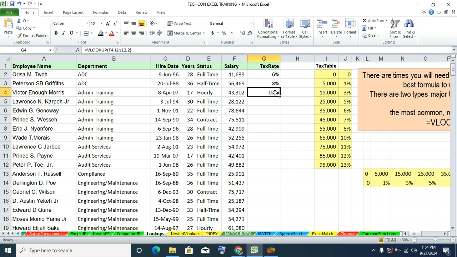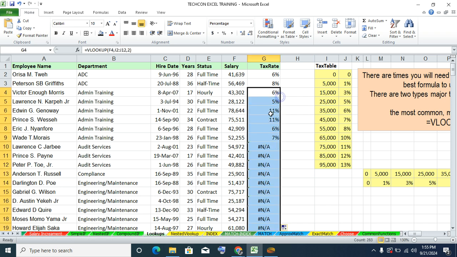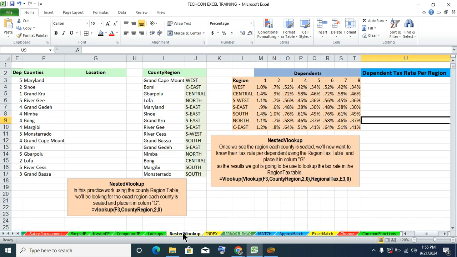So we have it here. We have to convert it to percentage. Let's click on percent. We have 6%. So Victor Morris's salary is $43,302. $43,000 should be somewhere around here. So this is 35,000 to 45,000. It's between here, so it's 6%. So just fill down the column. We're going to have that. It might not be right for everyone, so you have to check and double check. So that's that. We move on to another